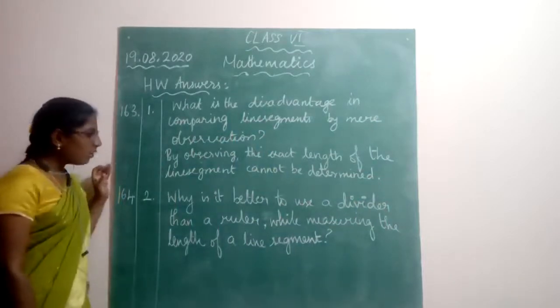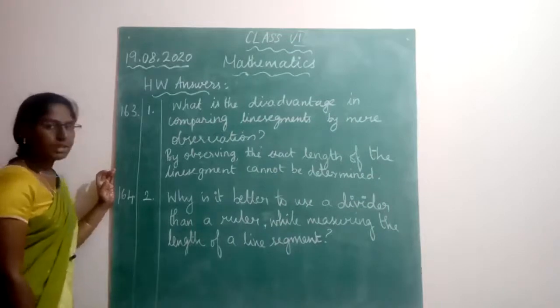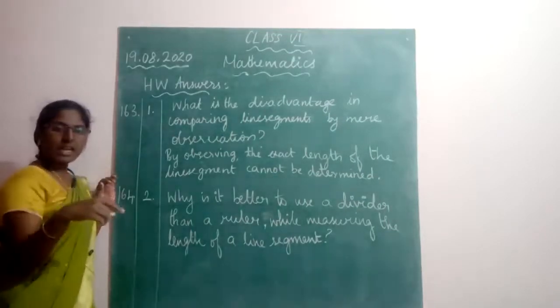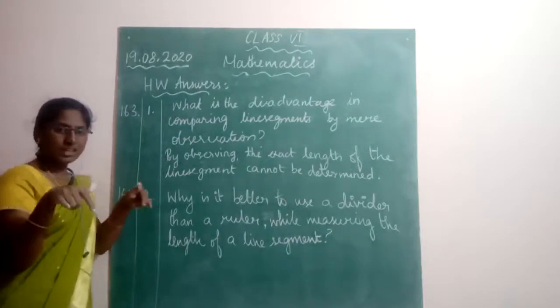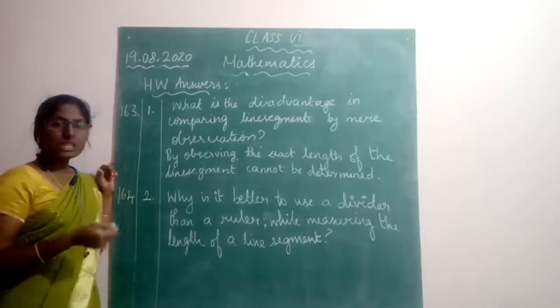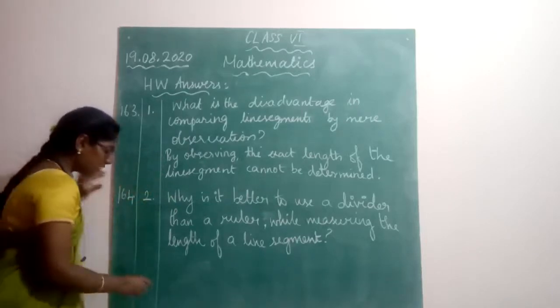Next, second one, why is it better to use a divider than a ruler while measuring the length of a line segment? Okay, so as I said to you in the previous class, a divider has only two pointed ends, but a scale has many divisions in it. Okay, maybe errors due to thickness of the scale, that is thickness in the divisions. Okay, so here you write,